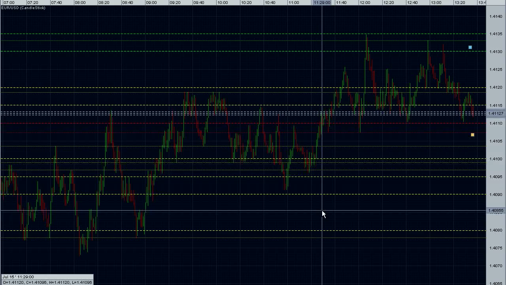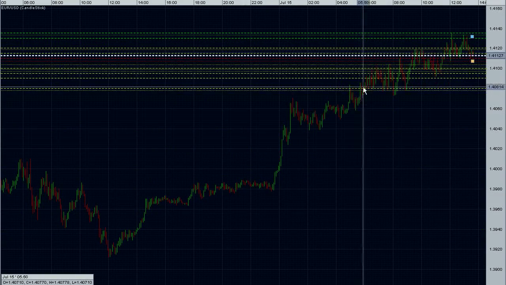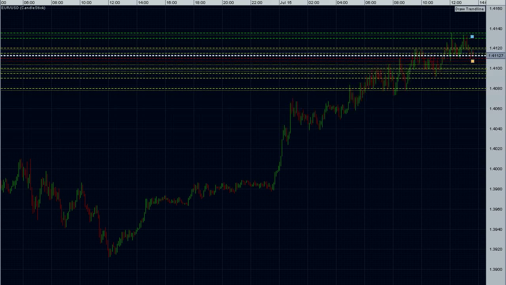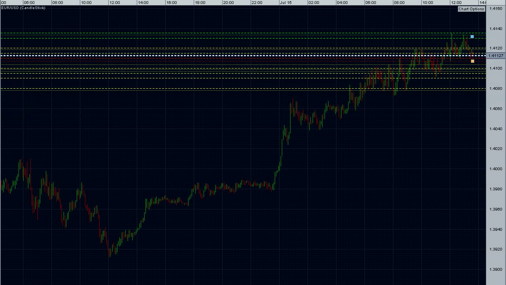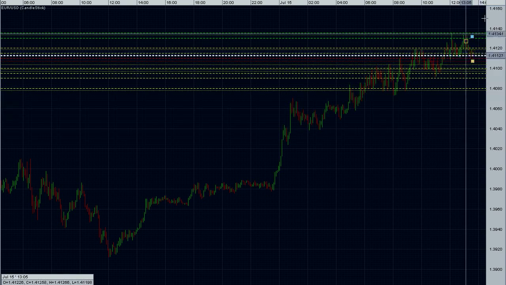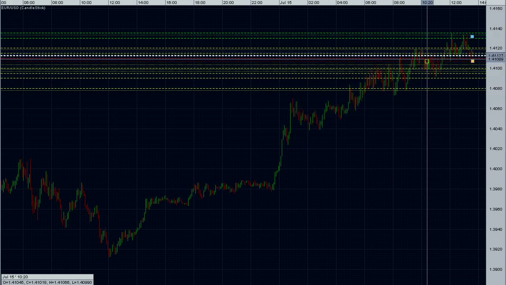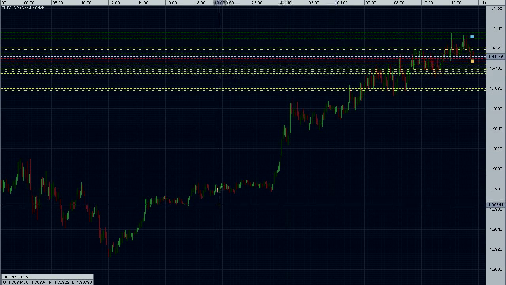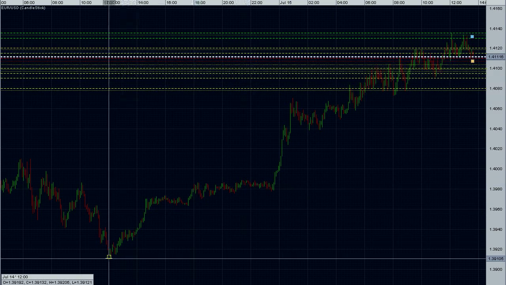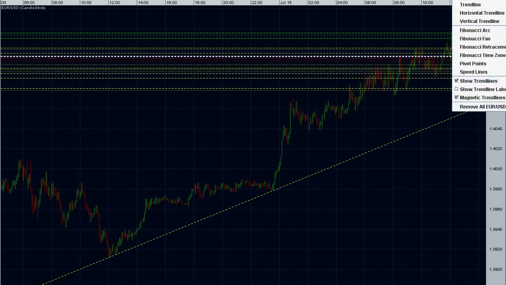But that's pretty much how I do my support and resistance levels. I also do them on the larger time frames. I'll check the 5 and the 10 and the 15s, up to the hourlies. Okay, and primarily when I check the larger time frames, I'm more looking for trends than I am these support resistance lines. I always try to place the support and resistance on the 1 minute charts instead of these larger time frames. Okay, and in this case, trend going from here to there,